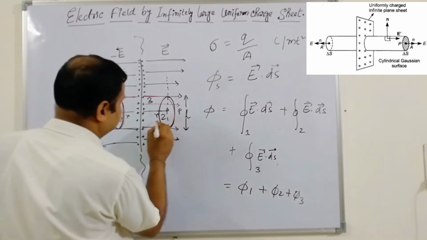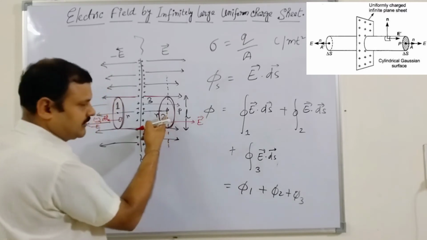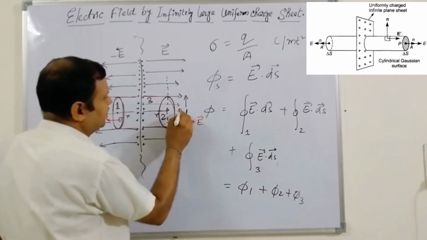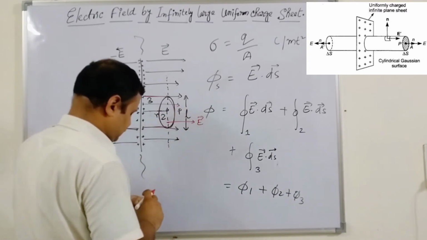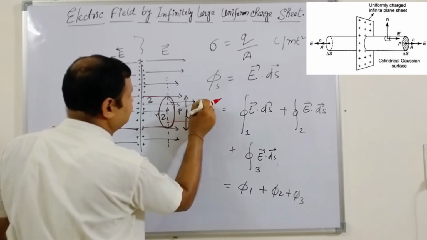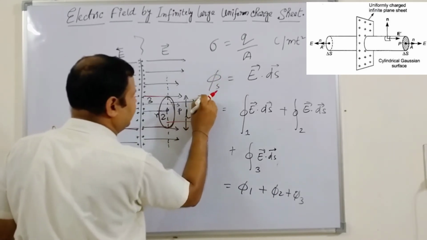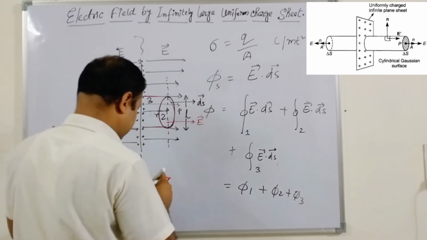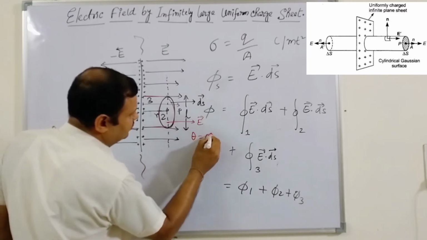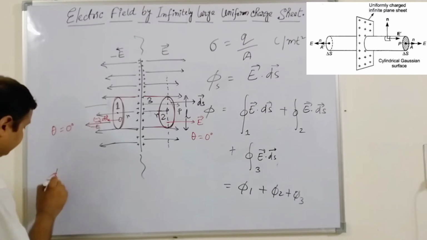Similarly, in this case, the electrical field is on this side, and the area vector is perpendicular to this top flat area, small dS, and this is positive. And the angle theta between these two again, these are parallel, so theta is 0 degrees here. Okay, so phi 1 we can get.